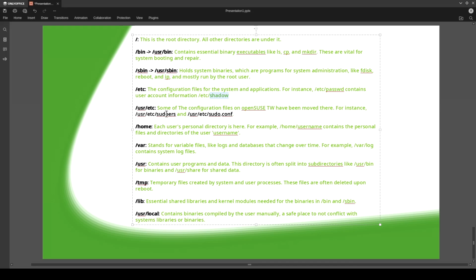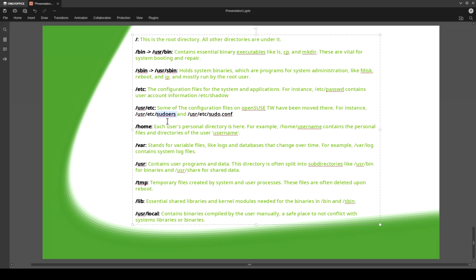Okay, here are the users that can get elevated permission to run some binaries on the system as if they are the root user. Okay, it goes here, and sudo is regarding the sudo command itself. Okay,